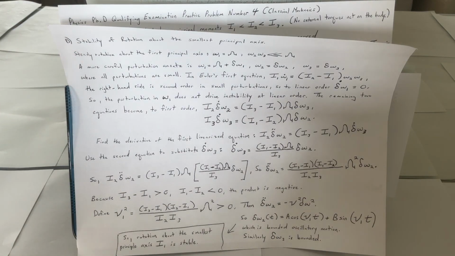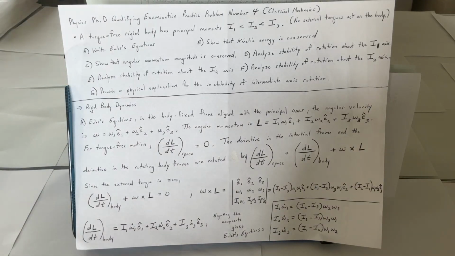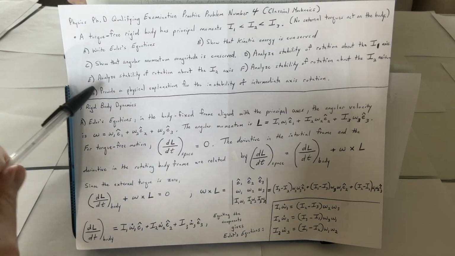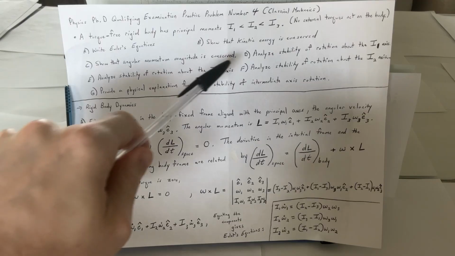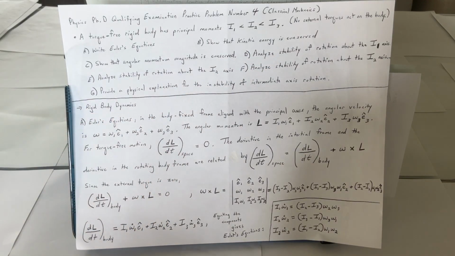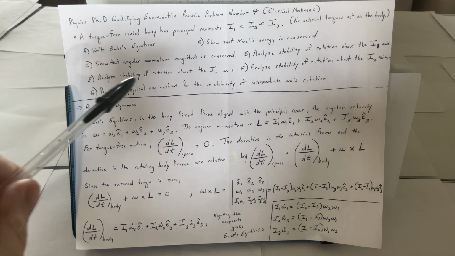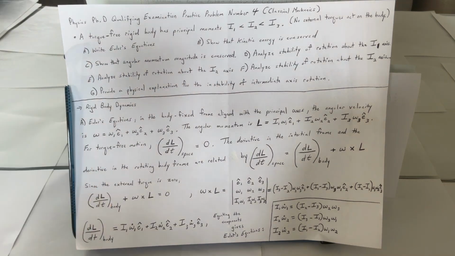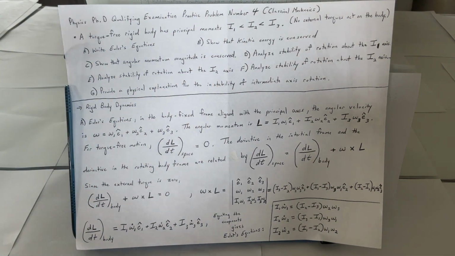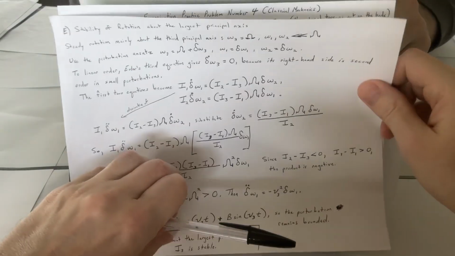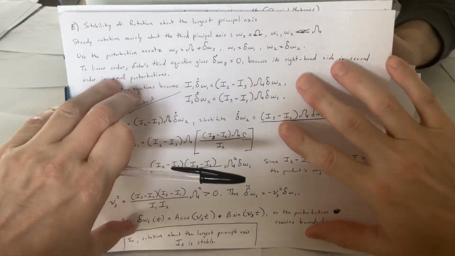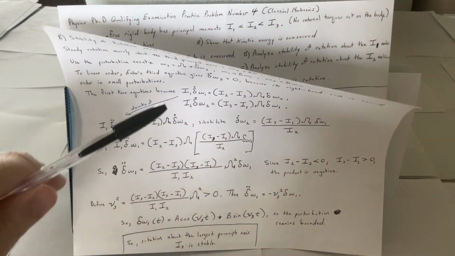And let's see what they want for letter E. Similar type question or statement here. For letter D, analyze the stability. I'm sorry, we just did letter D. Letter E, analyze stability of rotation about the I sub 2 axis. Okay, so letter E. Okay, stability of rotation now about